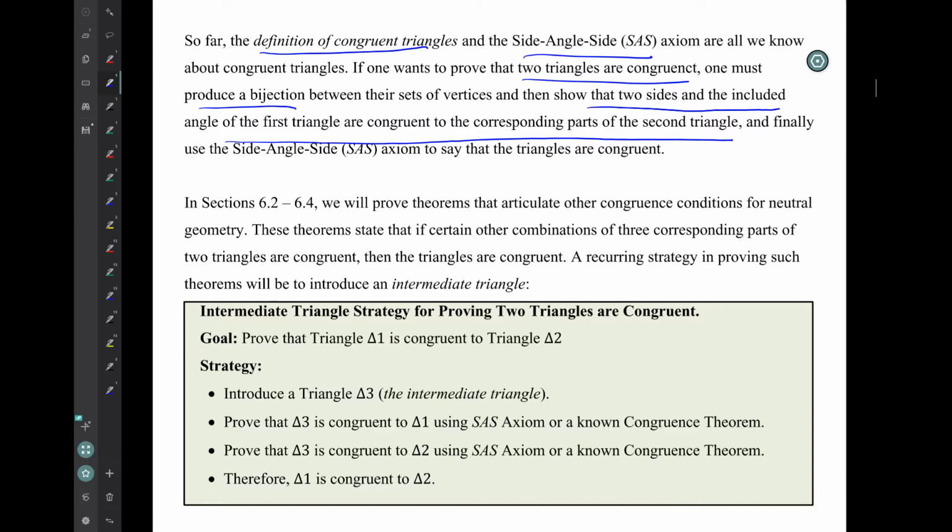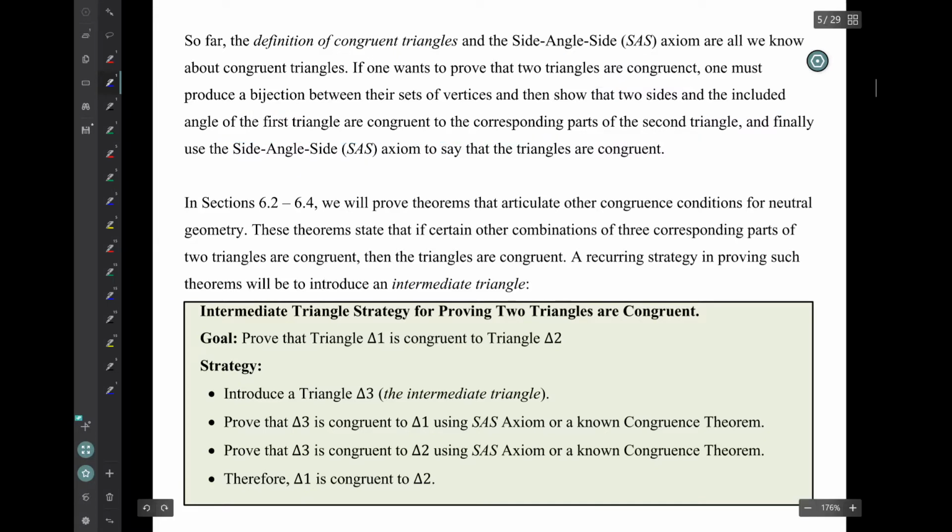And then finally, we'd have to use that side-angle-side axiom to show that the triangles are congruent. In section 6.2 to 6.4, we'll prove theorems that articulate other congruence conditions for neutral geometry. These theorems state that if certain other combinations of 3 corresponding parts of 2 triangles are congruent, then the triangles